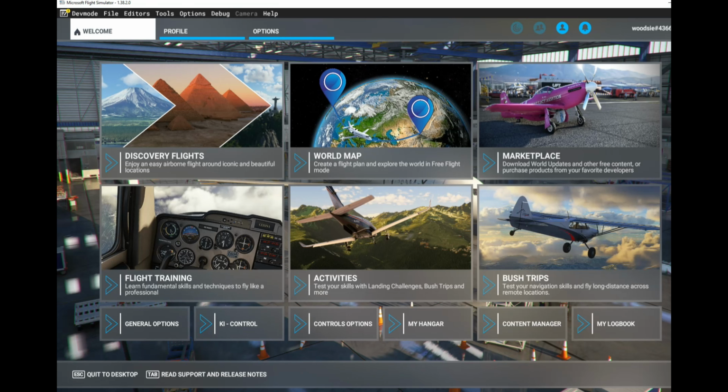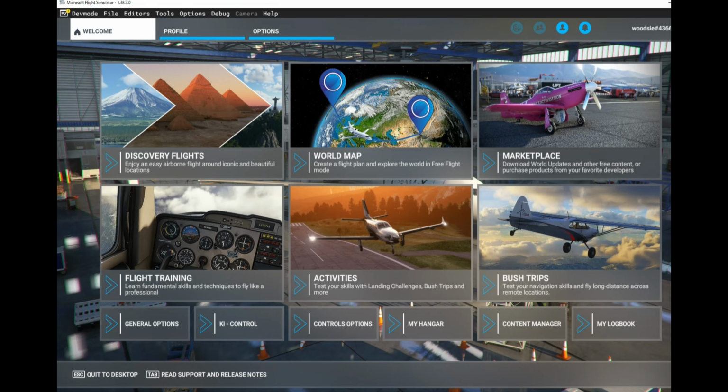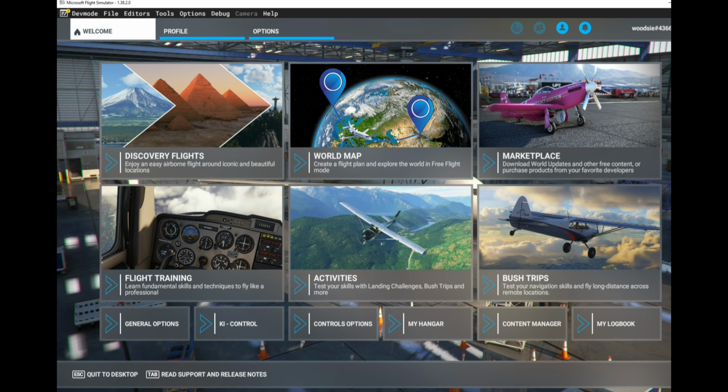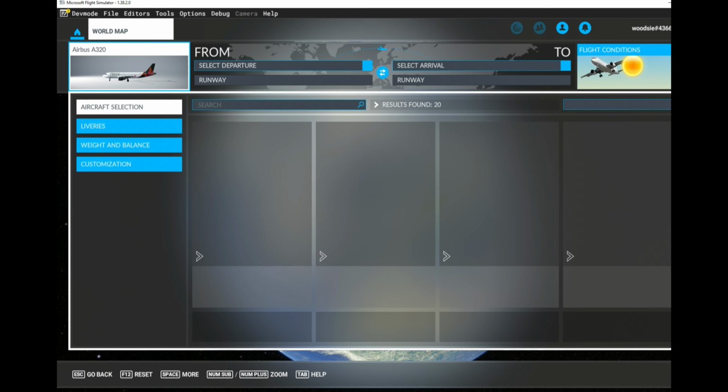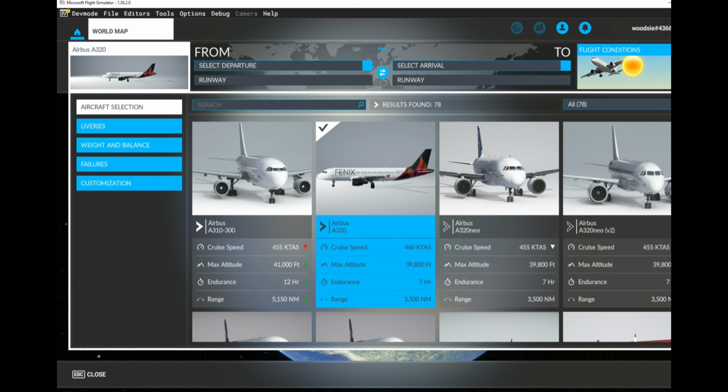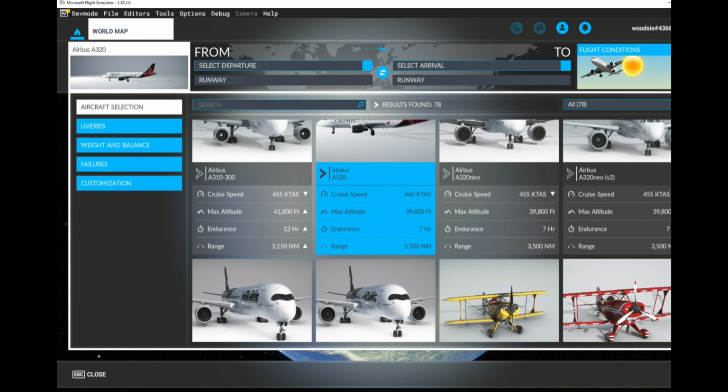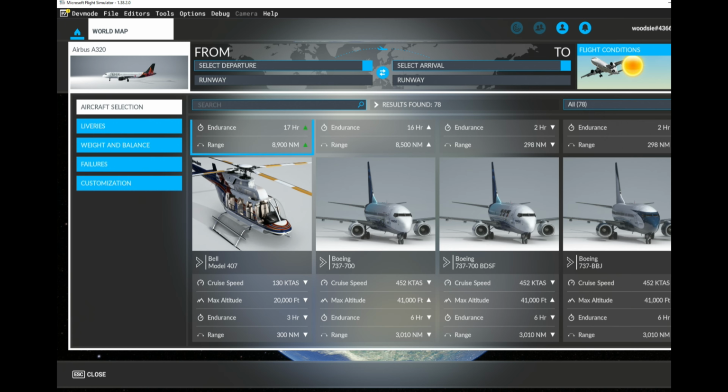This is what you'll see when you open the flight simulator. You'll see the world map in the top middle. So you double click on that and that will take you to this map here. Then you actually change the aircraft. I've got it set as an A320. I'm now changing it to the Cessna 182RG,